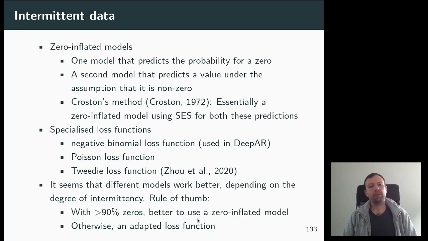And now one thing, which is more some sort of a heuristic, so don't take it as proven, is that different models seem to work better depending on the degree of intermittency. So as a rule of thumb, if you have over 90% of zeros, a zero inflated model is probably a good idea, whereas if your zeros are only, let's say, 30, 40, 50% of the data, an adapted loss function